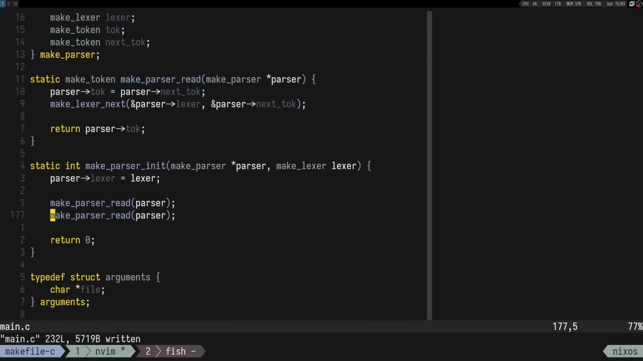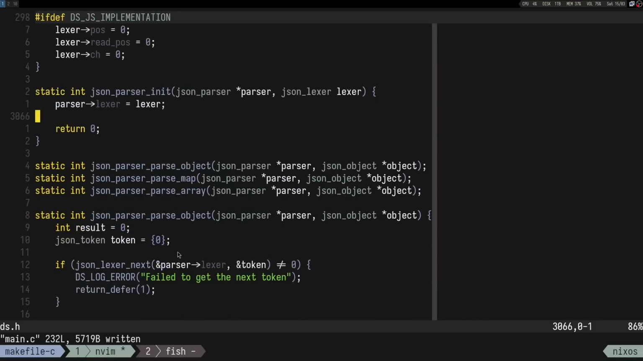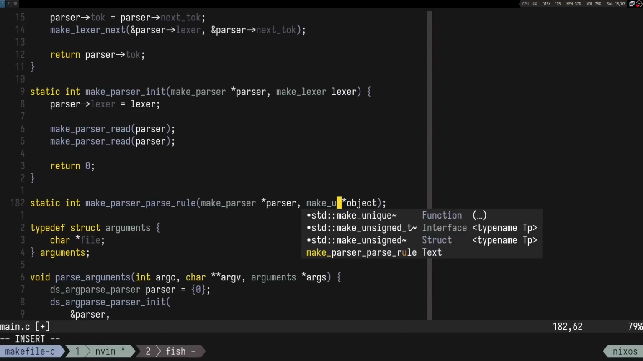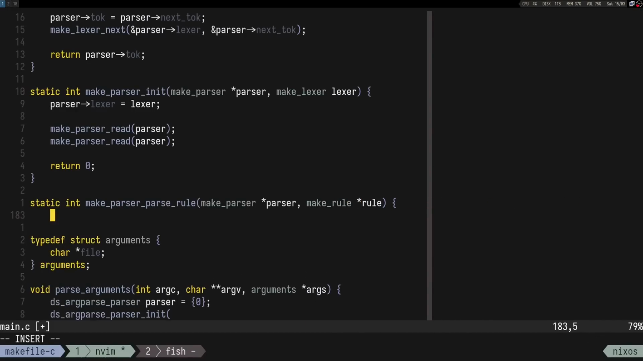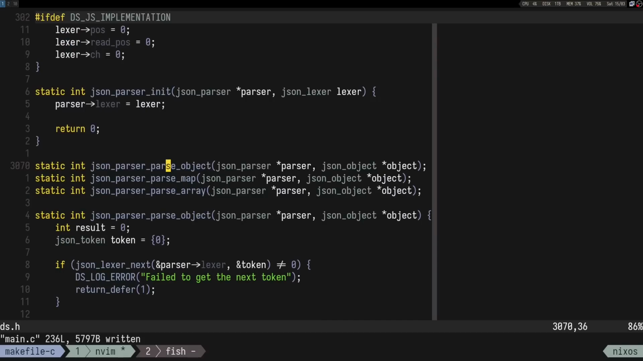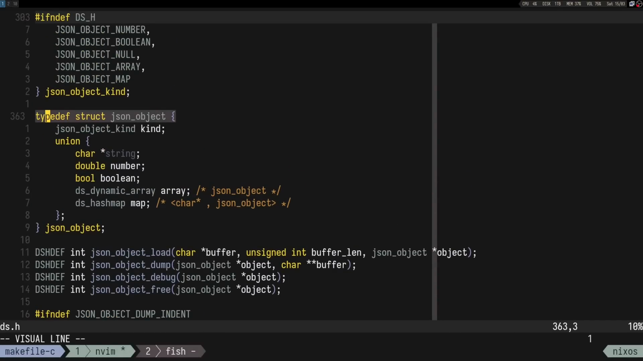So now at this point, tok is gonna contain the first token. Okay, whatever. So we'll need something like make_parser_parse_target, or maybe we call it rule, and we have a make_parser, and then we have a make_rule. Right, we don't have the structure, but what it should be,